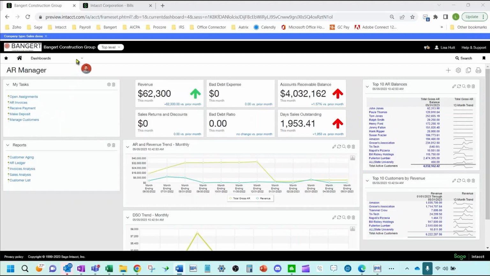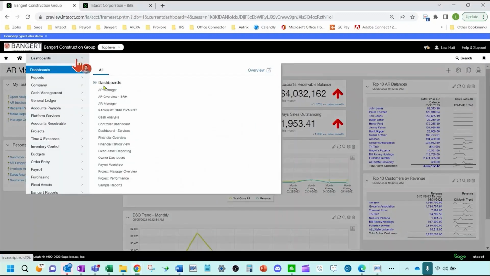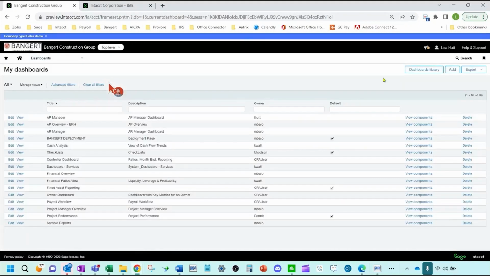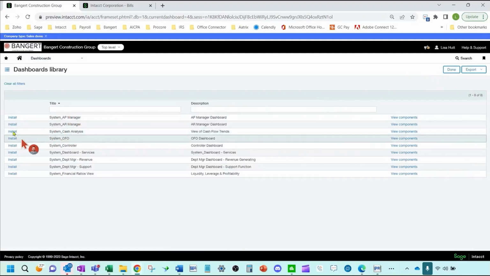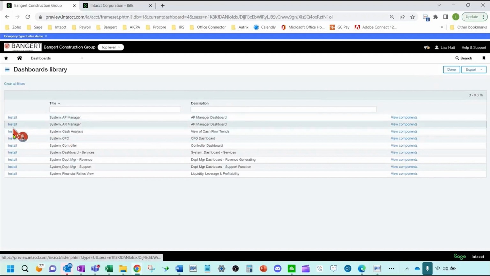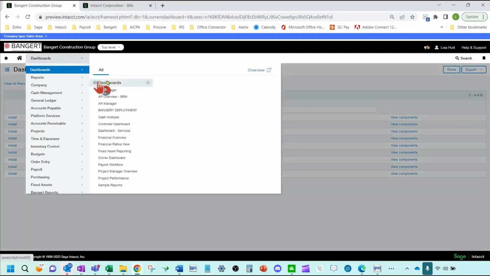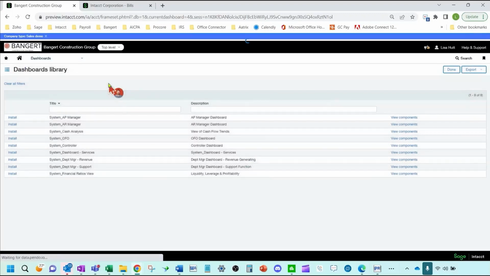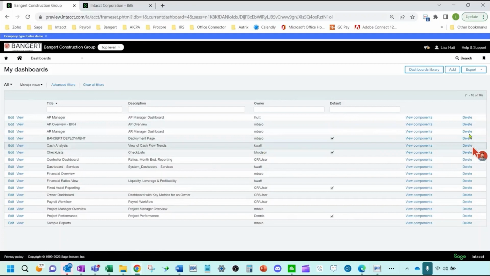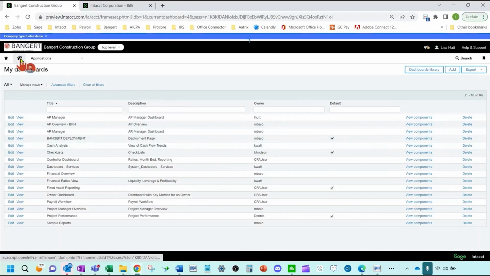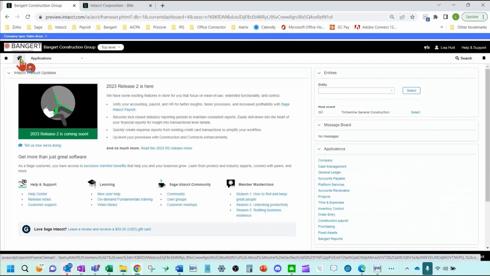So go ahead, get into those libraries under dashboards, dashboard libraries, and go ahead and install those dashboards and see if they're pieces you'd like to use. Keeping in mind, if you do install them and you really don't want to use it, you can always come into here and remove it as well, or modify it. So those are available for you in this release.